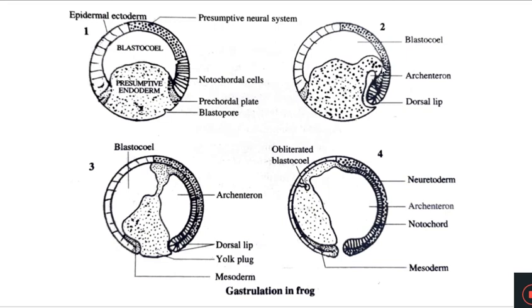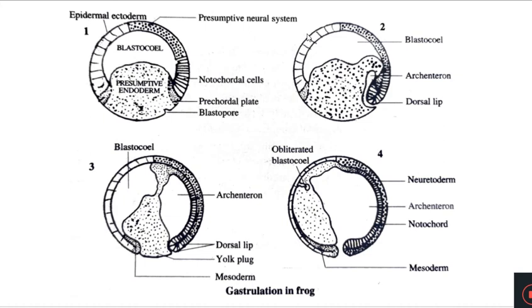Only this area will be occupied by the neuroectoderm. All the other area will be occupied by the epidermal ectoderm. Only a small longitudinal area on the dorsal surface will be occupied by the neuroectoderm, but the whole other surface of the embryo will be occupied